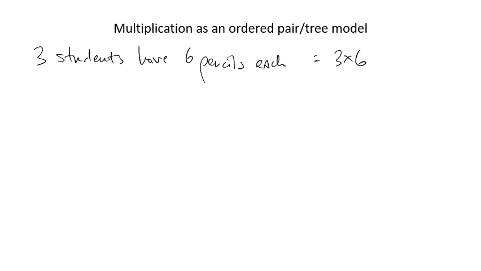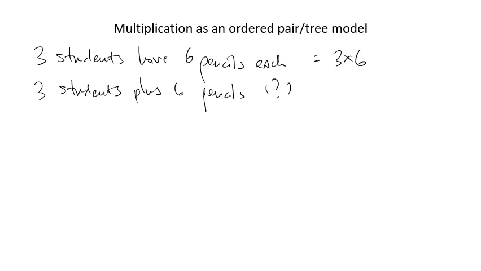But if we were going to do a problem like 3 students plus 6 pencils, we have no idea what that means. In addition, because we're adding the same type of element, a problem like this isn't going to make an awful lot of sense. In multiplication, though, we can mix things together. So if we take an example